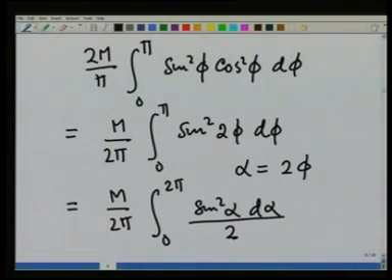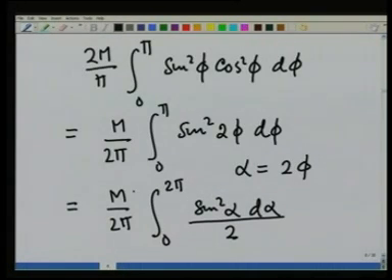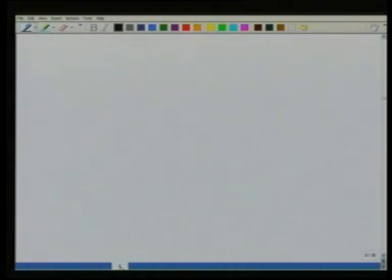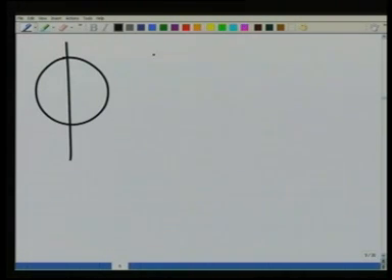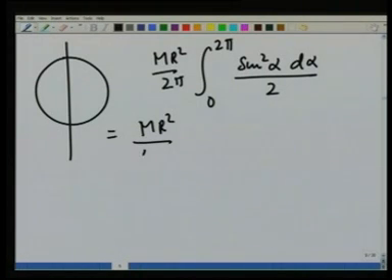divided by 2. I have forgotten r square somewhere. There was an r square here, so that will remain. There is an r square here, there is an r square here, there is an r square here. So, what we get for the moment of inertia about diameter is m r square over 2 pi integral 0 to 2 pi sin square alpha d alpha over 2, which is equal to m r square over 4 pi integral 0 to